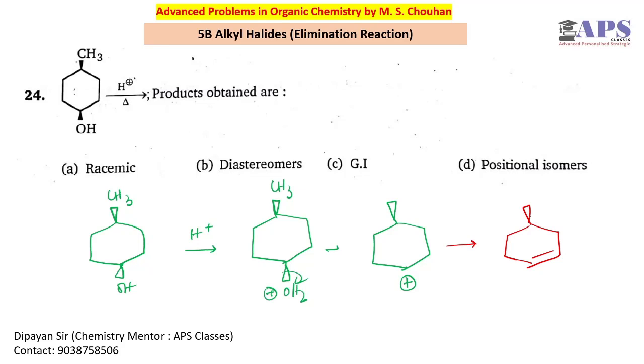This is an optically active molecule, and it is an optically pure molecule, because we can't have two configurations for this. It should be either R or S, because it is initially present in a definite configuration. So it is optically pure or optically active. That's why we cannot say that it is racemic. This is an optically pure isomer.